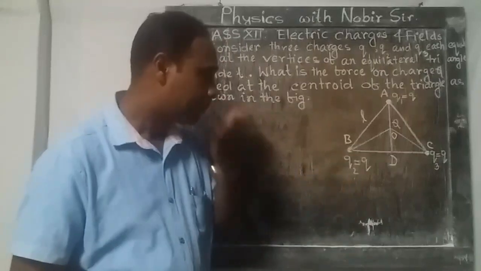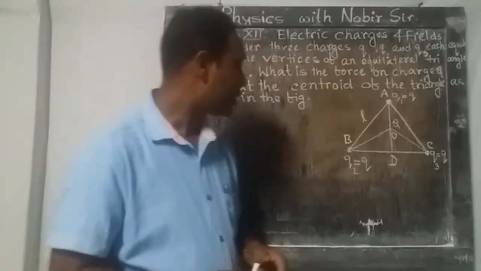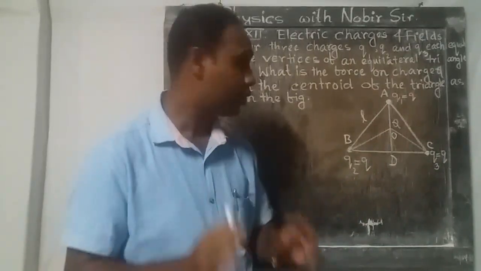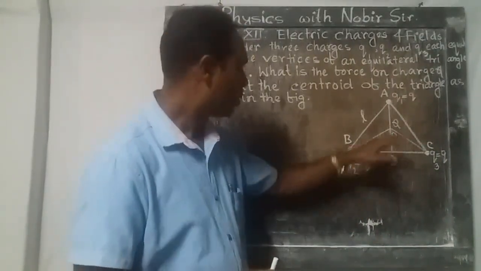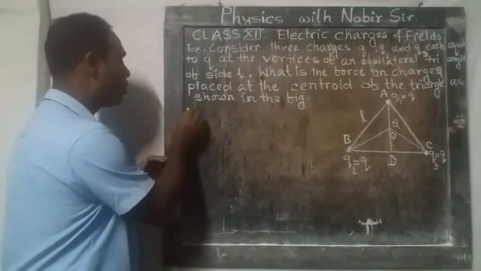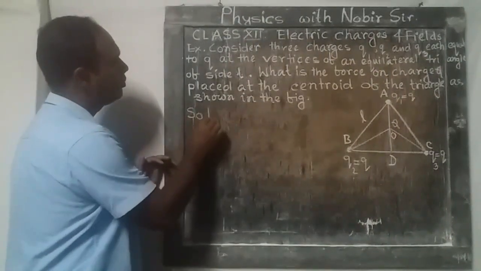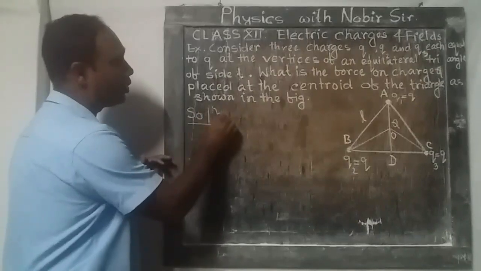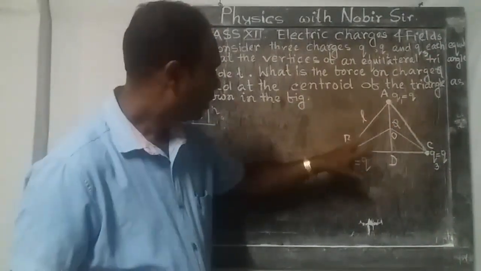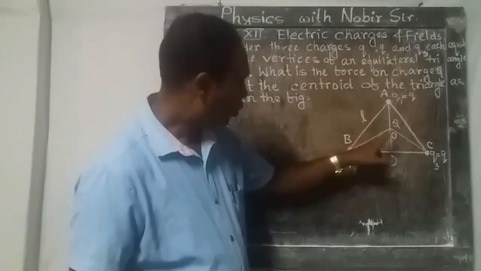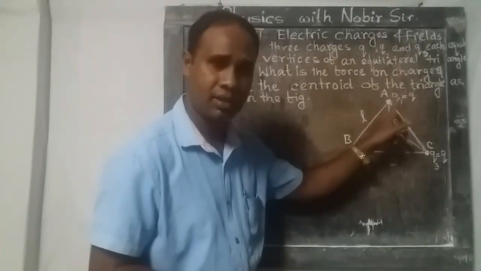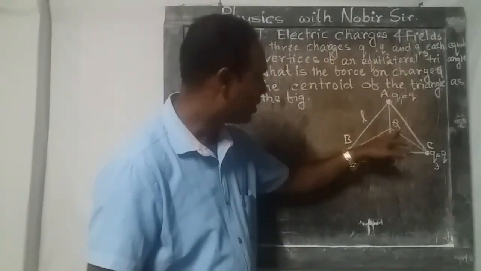Now let us try. First of all you can see the charge Q at the position of the centroid O. Now first of all we have to solve this one. Solution: this is an equilateral triangle of side L. So to find out the total force on the charge Q, for every charge except this charge Q,